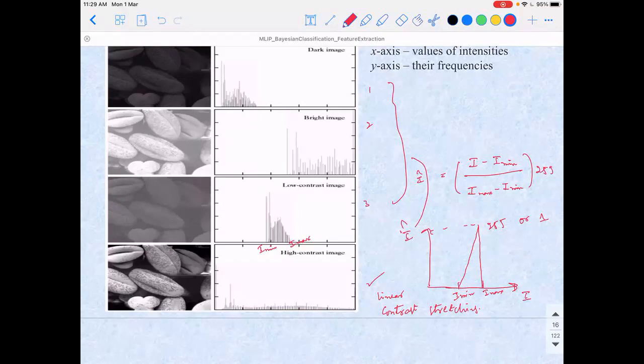Assume that I know some region is of importance to me. Even though the intensities are in this region, I decide that this region is of very high importance to me and this region is not that important. So what I'm doing now is stretching this one region by more slope, and another region by lesser slope. So then what's happening?